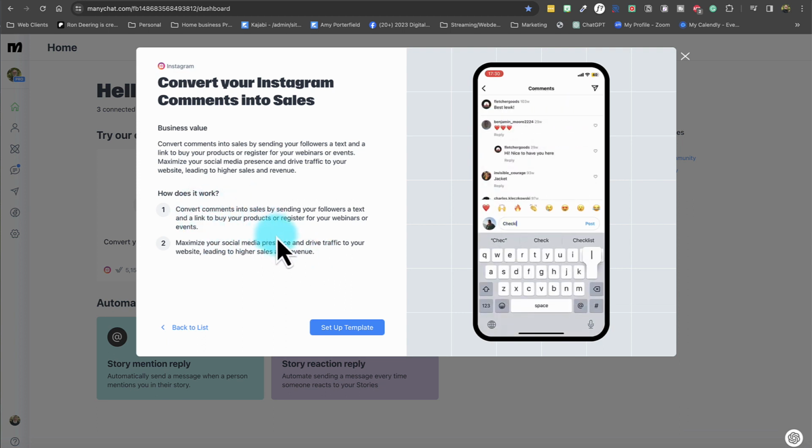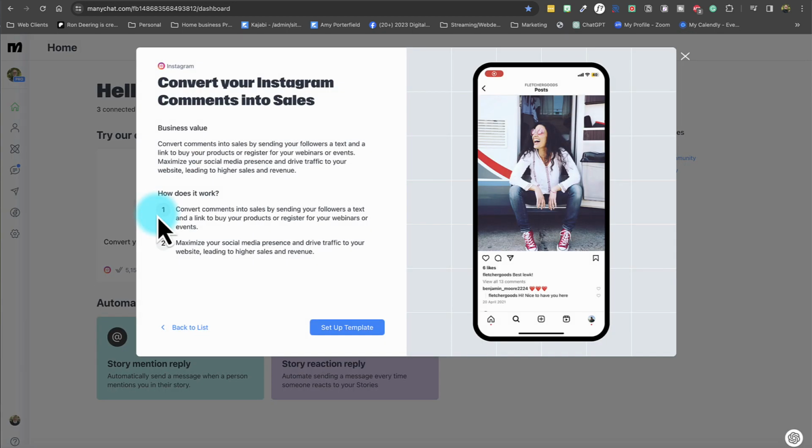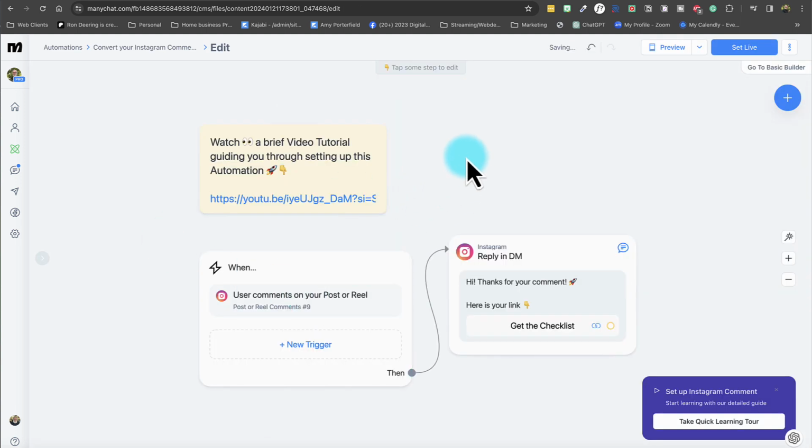The reason I like this one a little bit better is because it starts getting comments out there, right? So it's going to help you in the Instagram algorithm and all that other stuff. Okay, so let's just go here and we're going to say set up the template. Okay, so it's going to have automatically set you up this template, right? And I don't need this here, but